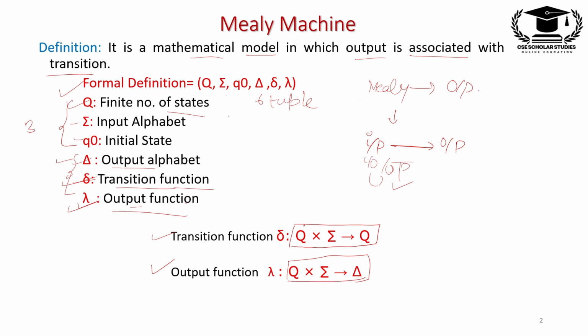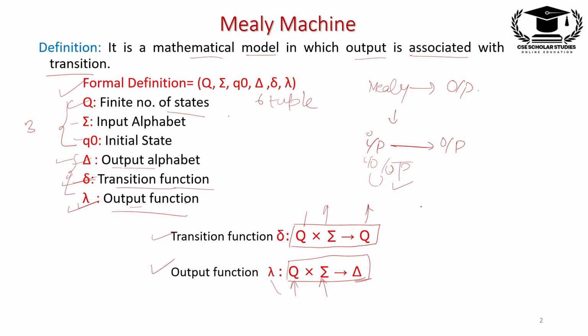मीन्स कोई भी स्टेट पे आप कोई इनपुट दोगे तो एक पर्टिकुलर स्टेट के लिए एक ट्रांजिशन होगा एंड द आउटपुट क्या होगा कि उसी भी स्टेट और इनपुट के लिए जो आउटपुट होगा वो डेल्टा से रिप्रेजेंट करेंगे, राइट? दीज आर द बेसिक टपल्स वी यूज्ड at the time of designing the Mealy machine.